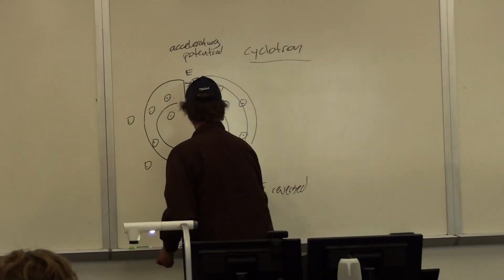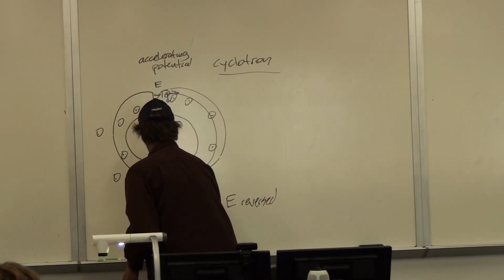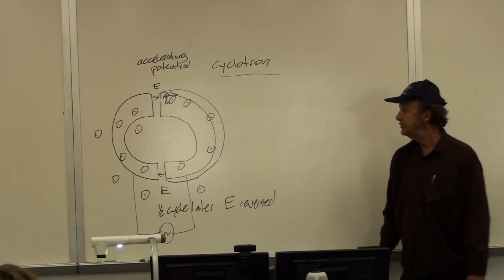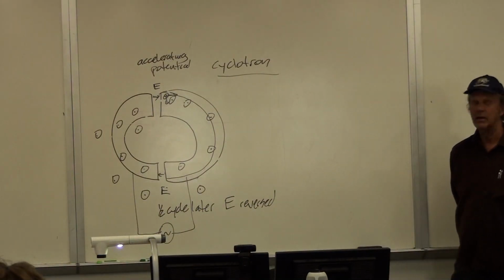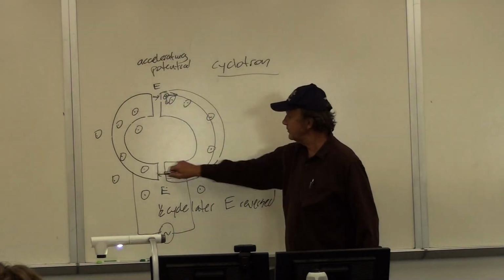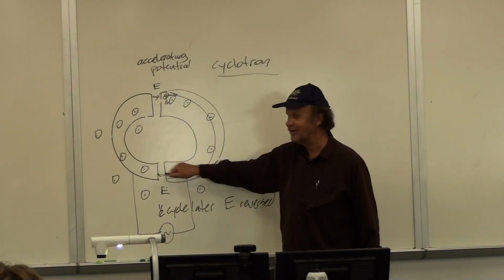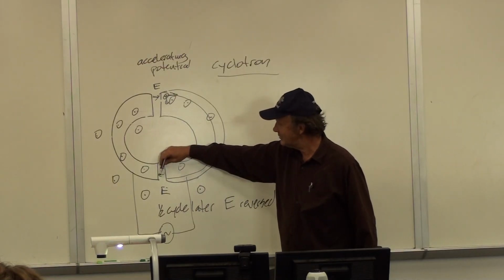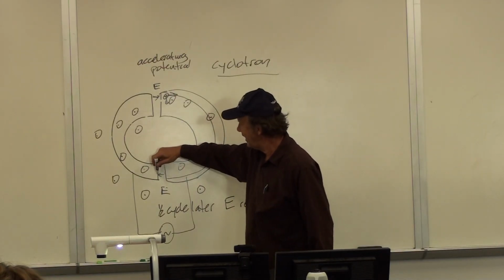So we could have this whole thing set up and hooked up to an oscillator, an AC source that produces the electric field within this region. Because you don't want the electric field going the same way here, that would just slow the particle back down again. So you reverse the direction of the electric field when it gets to here and accelerates it